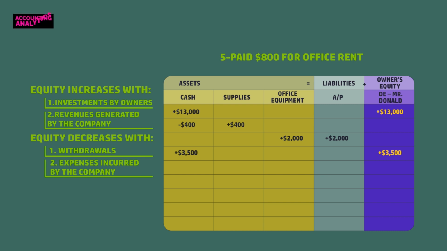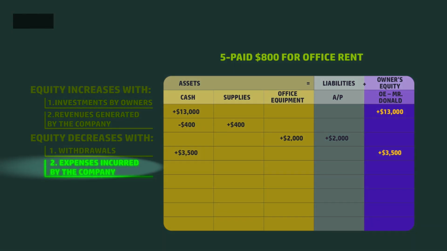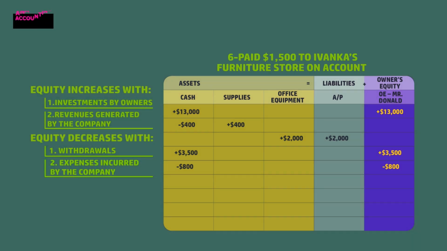So we paid for the rental expense. Expenses reduce equity accounts. So the cash balance decreased by $800 and expenses, which is under equity, decrease the equity by $800. Number six,